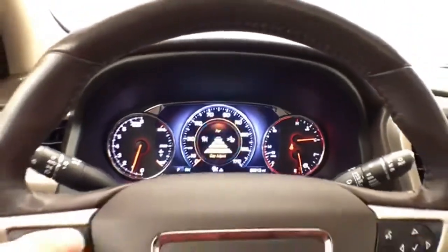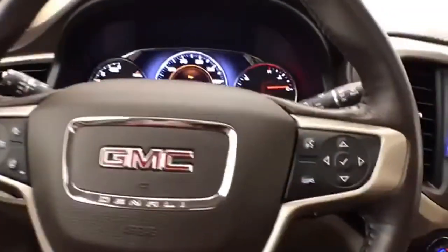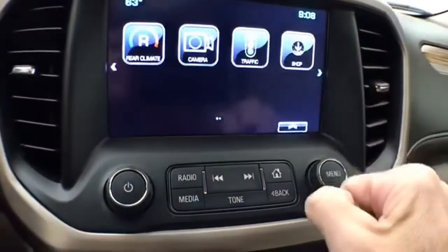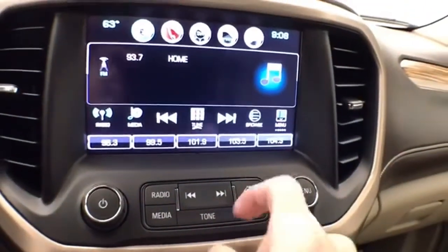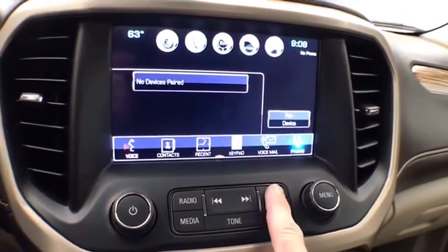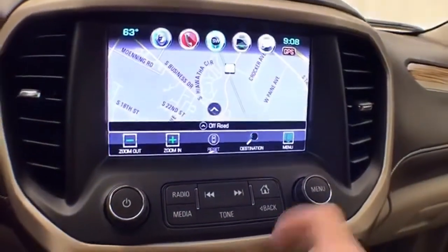It's also where you set the forward collision alert, cruise control, steering wheel mounted audio controls so you can keep your hands on the wheel, large touchscreen infotainment system for radio. It's also satellite radio capable, Bluetooth connectivity for hands-free phone use or to connect other Bluetooth enabled devices, great for wireless music streaming. It's Android Auto and Apple CarPlay compatible, navigation,